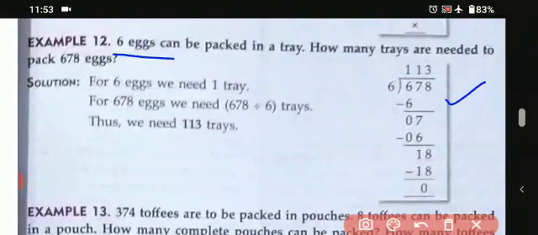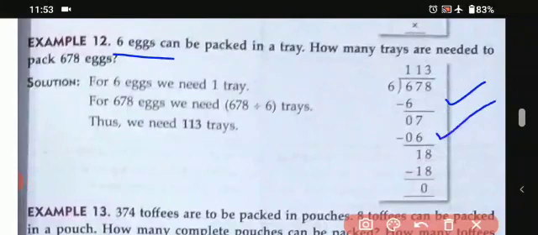Then 7 will come down as it is. That means 6 ones are 6 once again, because we don't have a smaller digit than 7. That is, 6 is the smaller digit than 7, so we will be writing 6 here. So this is what we have written. That comes 1 when we minus 7 by 6.